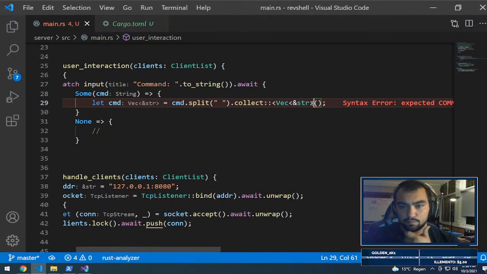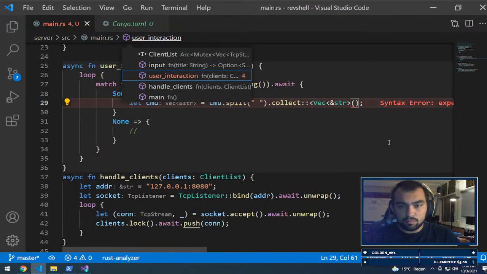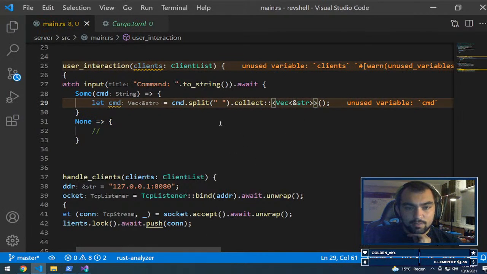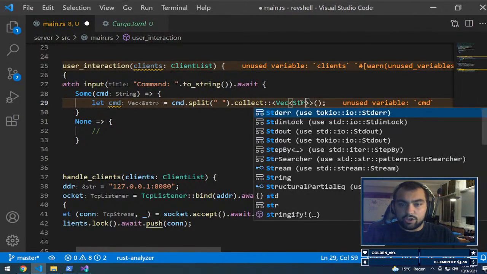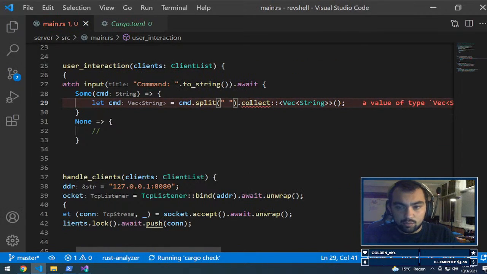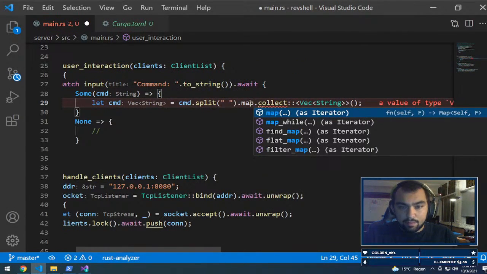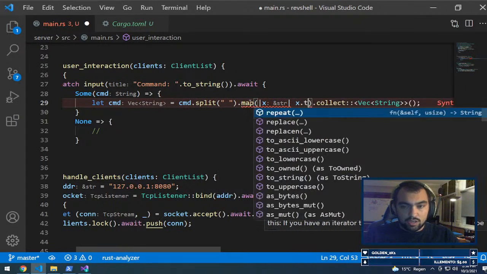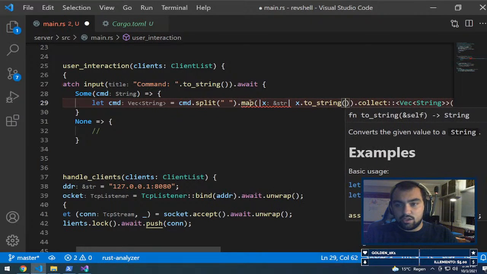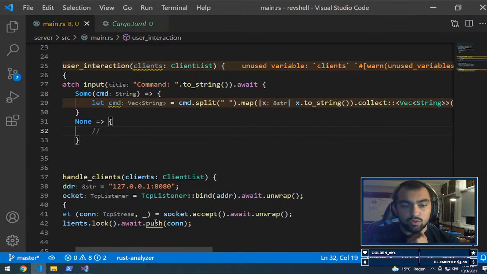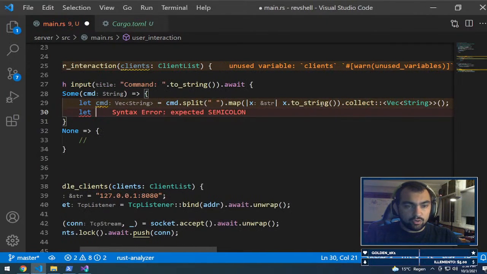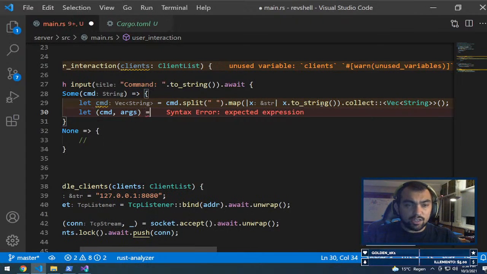But actually, I don't like this. I want a string, because we can map this and make a closure that accepts a string. Okay, great. So now we have a vector of strings where I can do let cmd, args equals